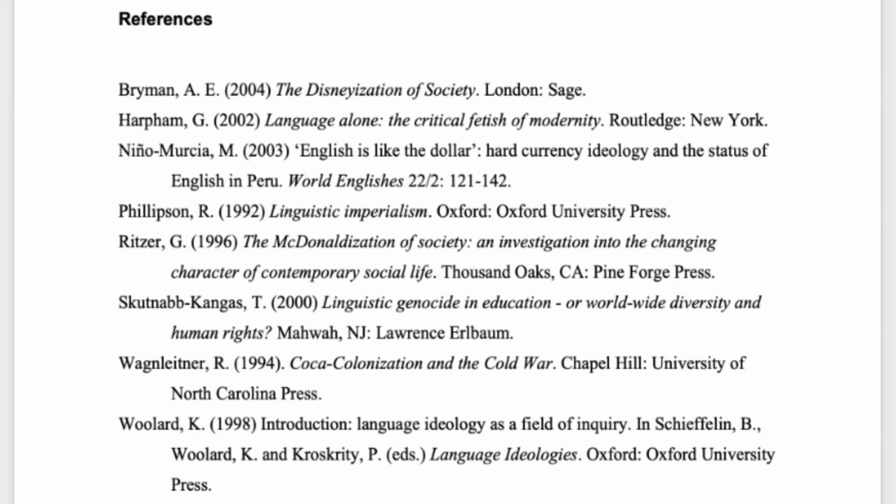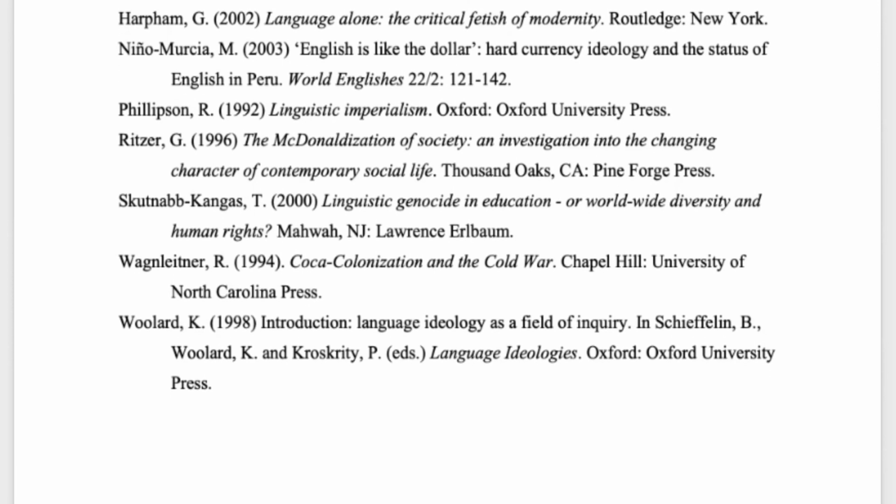And likewise, for a chapter in an edited book, as for example with the Woolard, again you've got name of the author, publication date, title of the chapter, and then the details of the book in which the chapter appears, including the editors of the book, the full title of the book, and place of publication and publisher. So that's a basic overview of what referencing looks like in an academic essay. As I said in the earlier video, the precise style you use will depend on what the guidance notes for your assignment recommend. So really it's just a matter of adapting these basic principles to that style, all the while remembering what it is you're trying to achieve with the referencing.